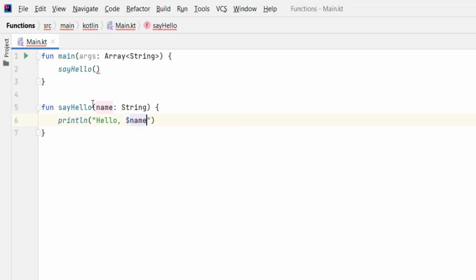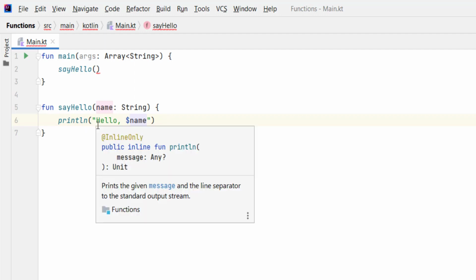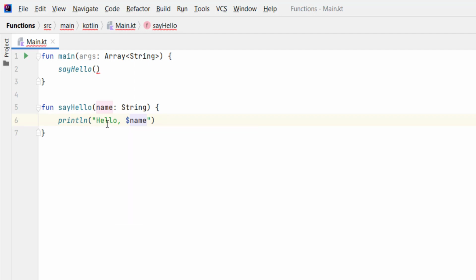executed from our main function, and the code inside the sayHello function is also going to be executed, and specifically it's going to execute this text that we typed here to be outputted. It's going to execute the hello, and then it's going to execute what value we have passed as an argument for this parameter. And if you don't know what an argument is, the argument is the value that you pass to the